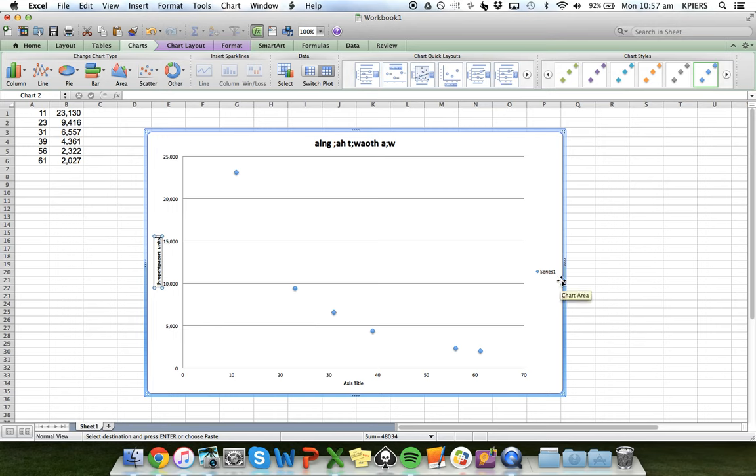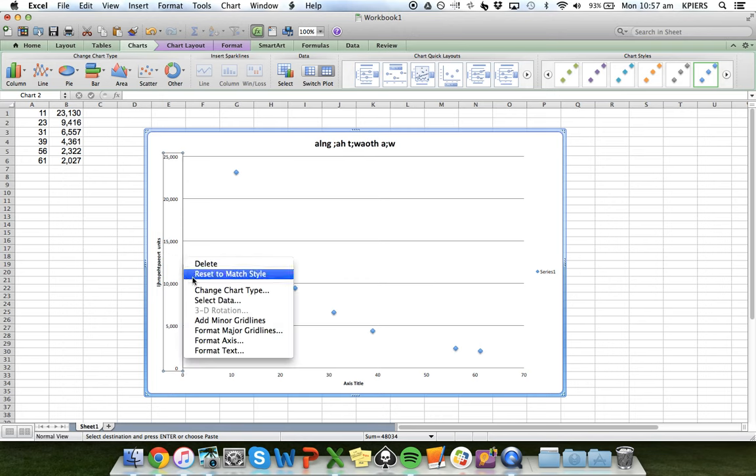Okay. Now, all that aside, what we want is this axis here to be a logarithmic scale. We can leave this one the way it is. That's why the graph is called a semi-log graph, because only one of the two axes is going to be logarithmic. So to do that, you want to point at the vertical value axis, and if you right-click or double-click on that, you go to Format Axis,